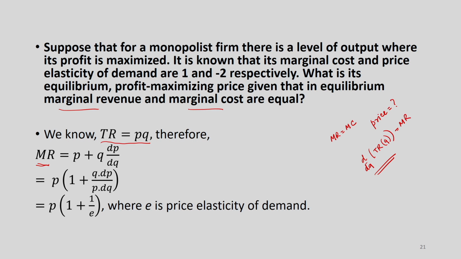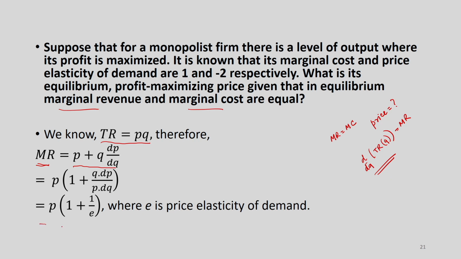This is MR. So, we have basically used the fact that TR is equal to P multiplied by Q, and then we have taken the derivative of PQ with respect to Q. So, once again product rule, but mind you, compared to the previous problem, here the variable with respect to which the differentiation is being done is not price, it is quantity. All right. So, this is what we will get. We take P common. So, if I take P common, it becomes 1 plus Q divided by P multiplied by dP/dQ,